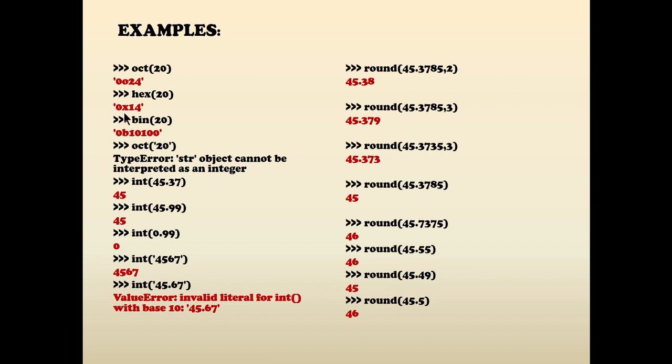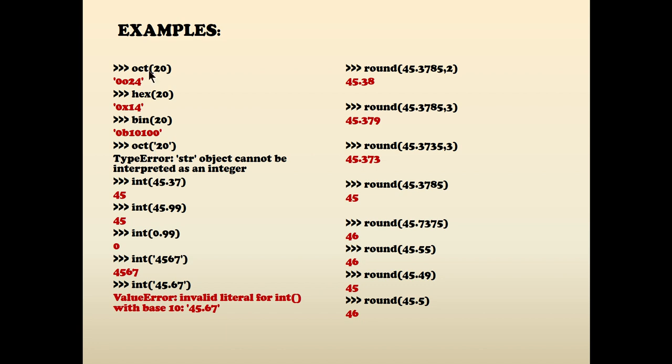Okay, so this also we have already studied, and again you will get the answer as a string only. And then bin of 20. The binary equivalent of 20 is 10100, and it is preceded with 0b. This we have not discussed, but this is the Python representation, right?